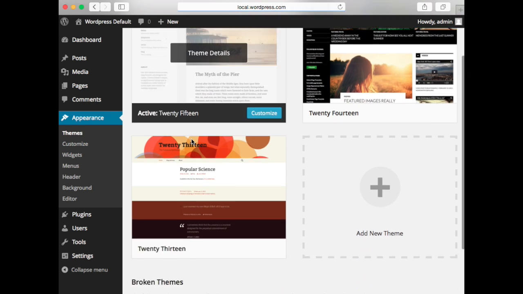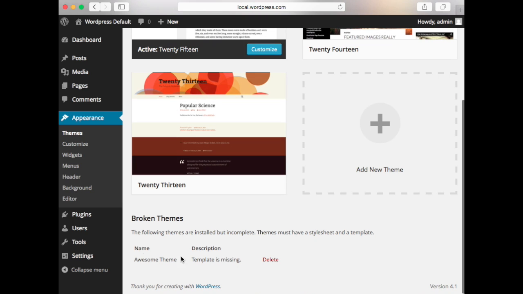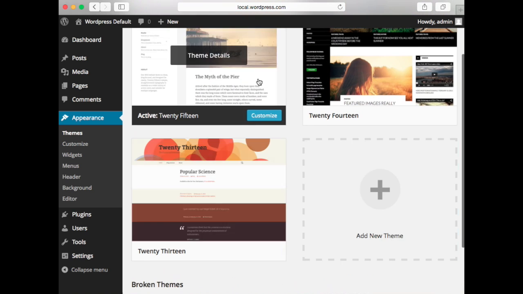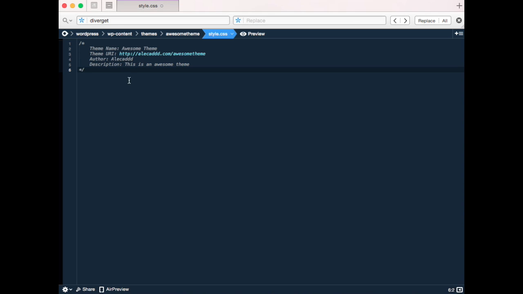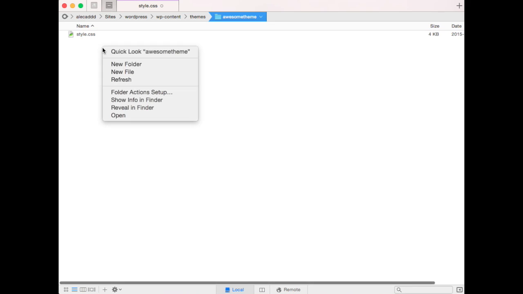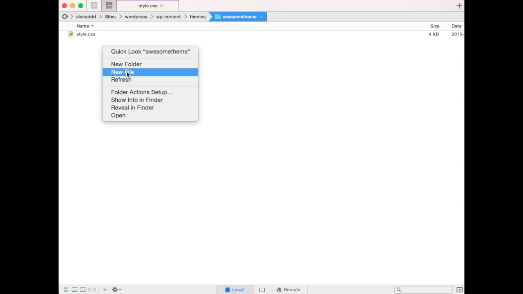Let's reload the page, and let's see that it doesn't require the style anymore, but the template is missing. So something is missing because it cannot visualize the theme inside. Our theme is still broken. So let's start creating the basic structure, what WordPress needs. Let's start with new file,